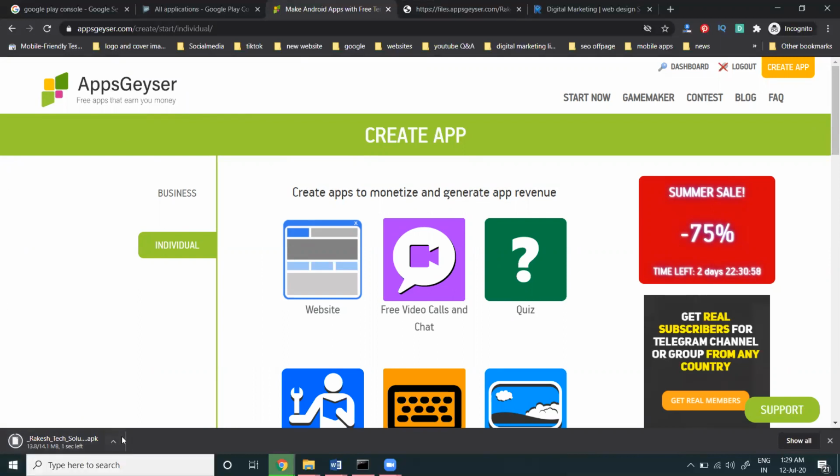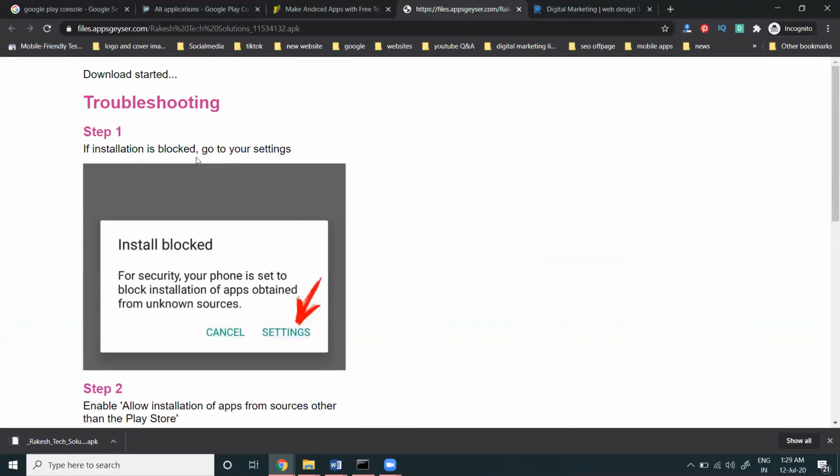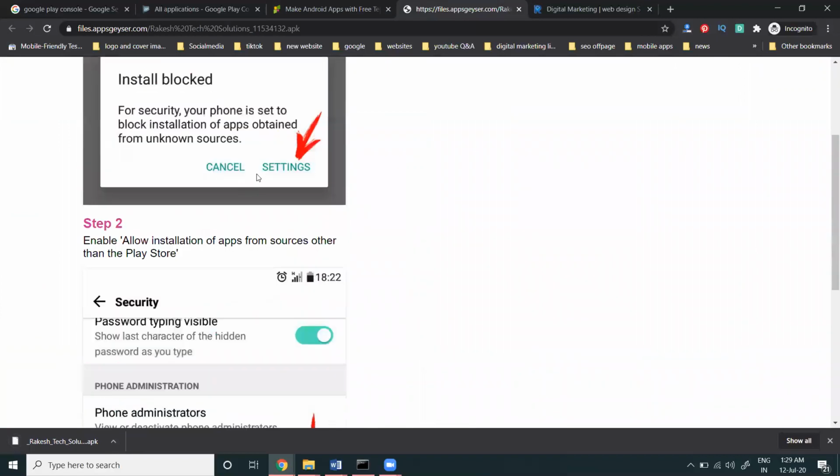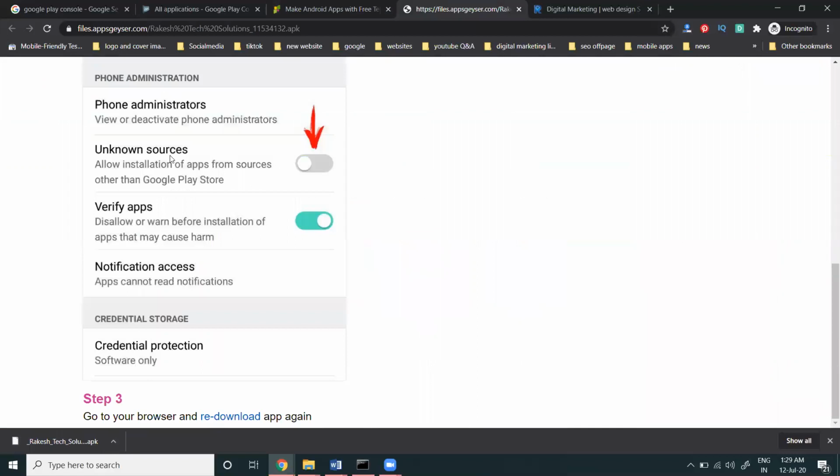This APK can be installed on your mobile by email and download. The instructions are also given here. If installation is blocked, go to your settings, security settings, enable unknown sources, and install your download. The application will be installed on the mobile device. It will not be blocked as it would be on the Google Play Store. Suppose Google Play Store has a question mark, we can give the APK download link on a website where people can download and install the mobile application.